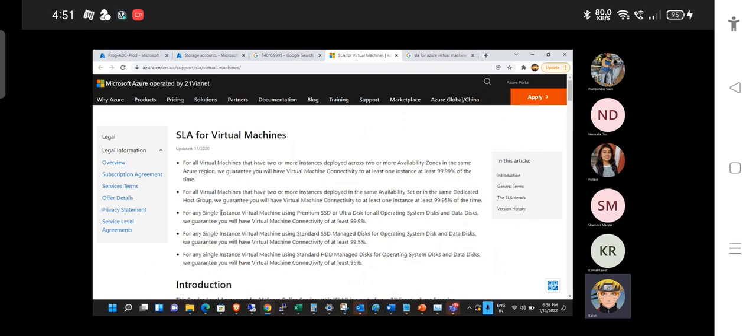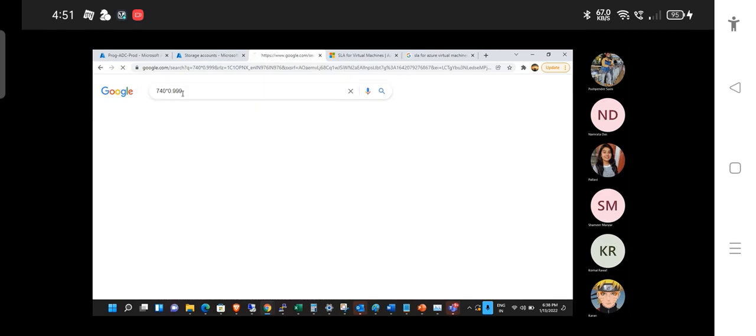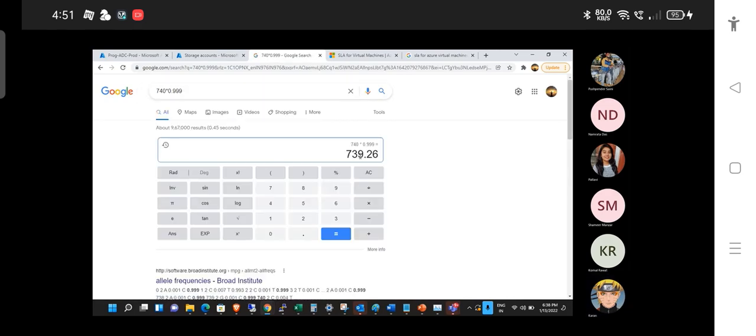माय बैड, it is not 99.95, it is 99.9%. ठीक है, तो अभी देख लेते हैं 99.9% कितना है. देखो कम हो गया. 740 में से मेरी मशीन 739 आवर अप रहेगी, तो ये अच्छी वैल्यू है या बेकार वैल्यू है? अच्छी वैल्यू है ना. So it means कि 739 आवर्स तो मेरी मशीन अप ही रहेगी, उसमें